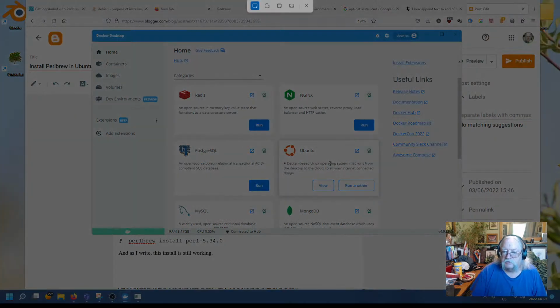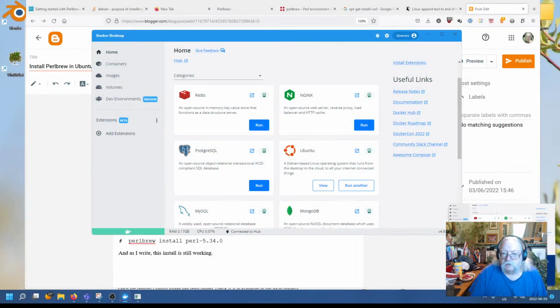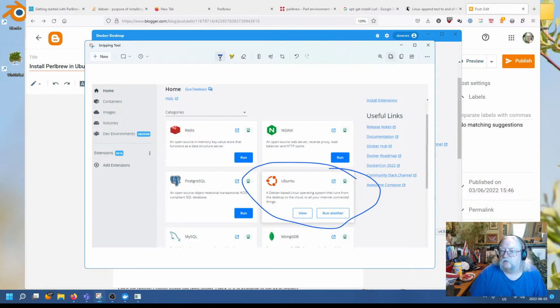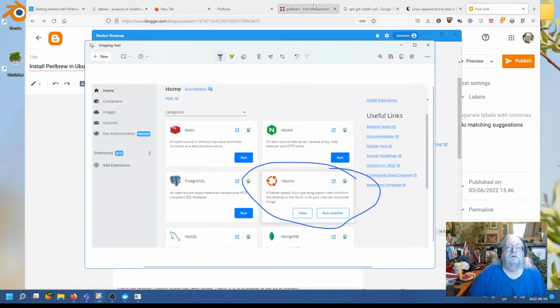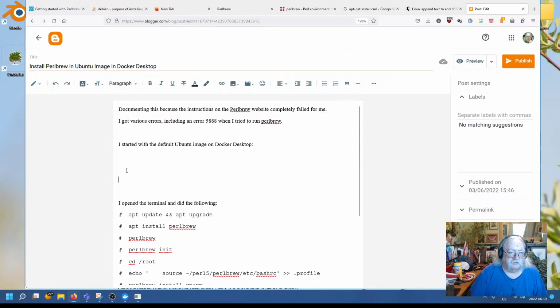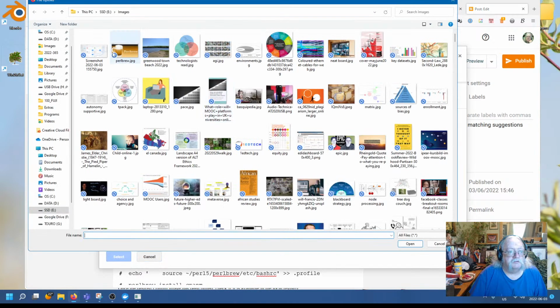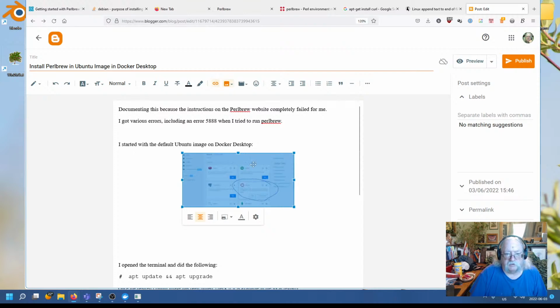Function insert. And I'll just circle this and save it. And load it into my post. Upload from computer. Choose files, select, and